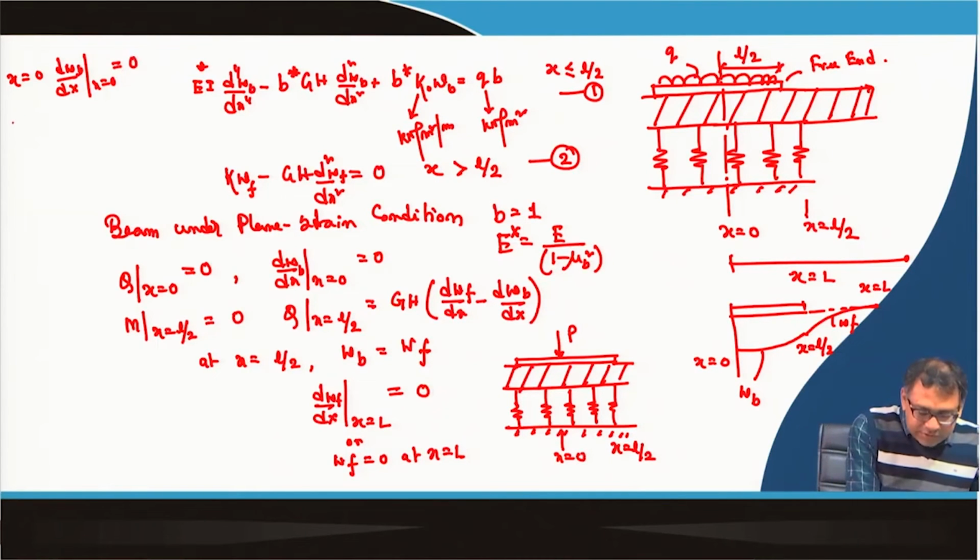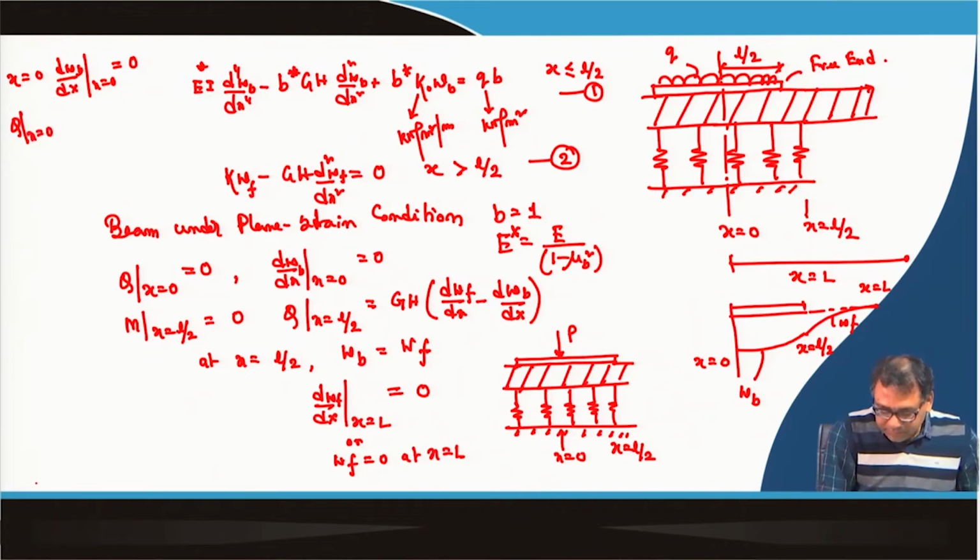Now, your shear force at x equal to 0 will not be 0 here. So, your shear force will be P by 2. Again, here the shear force equation I have given: Q at x equal to 0. So, the shear force equation is here, minus E star I